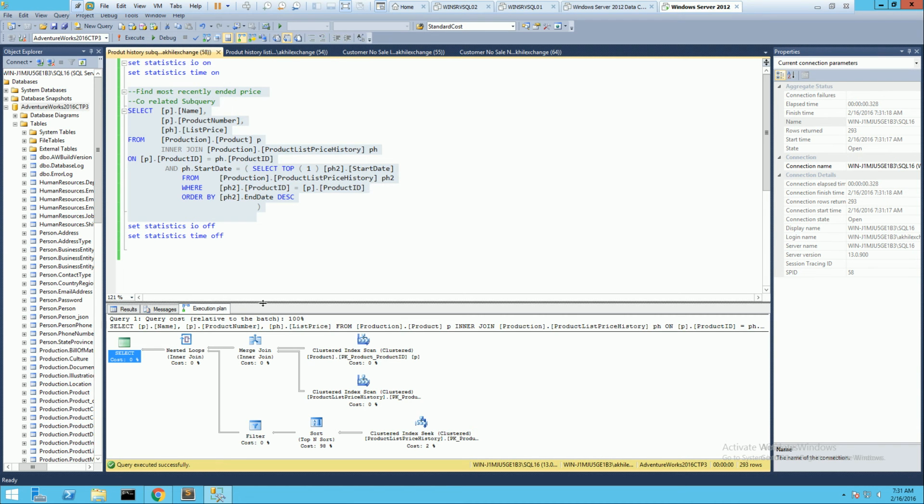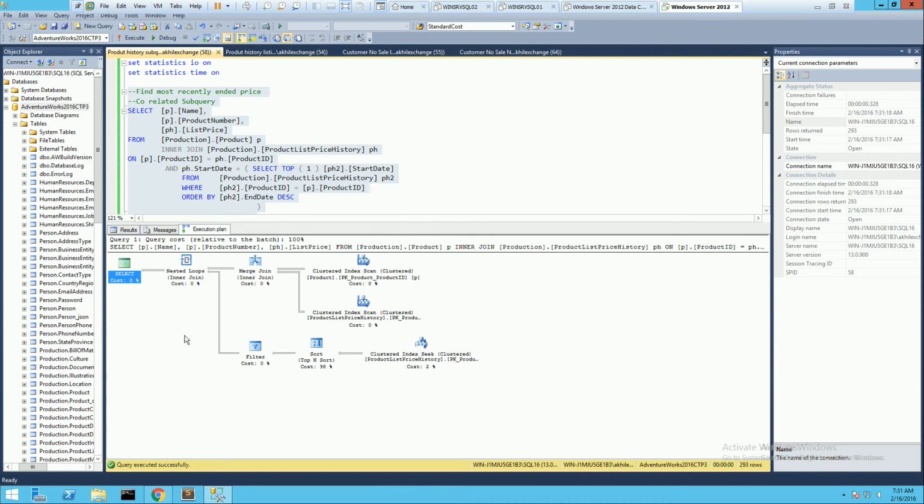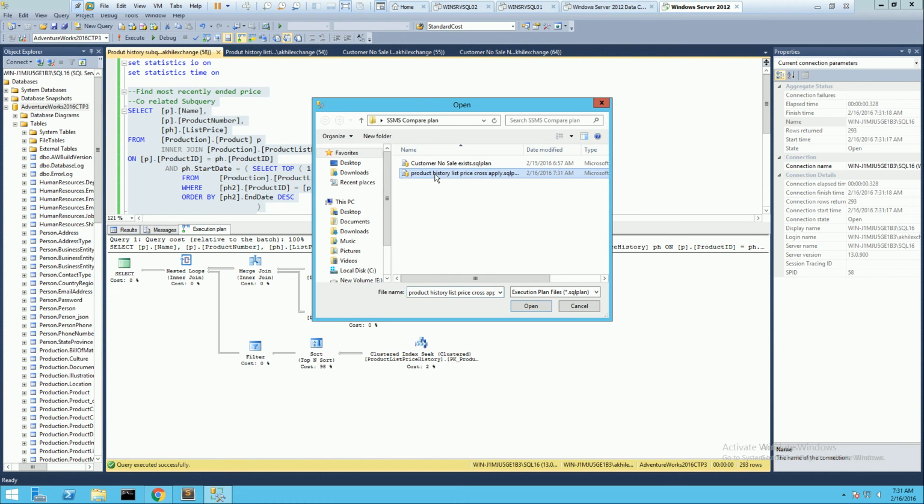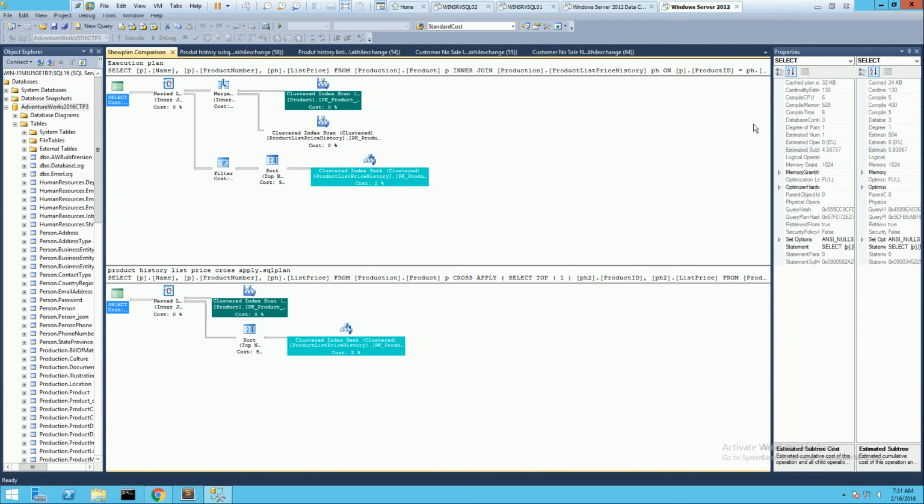Once I have the execution plan from the other query, I'm going to right click on the query and select the compare show plan, and a message box pops up. In that, select the execution plan that we just saved using the one with cross apply. Once we click the open button, you can see that it stacks the two execution plans